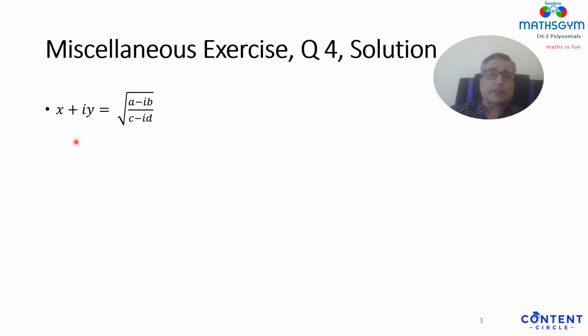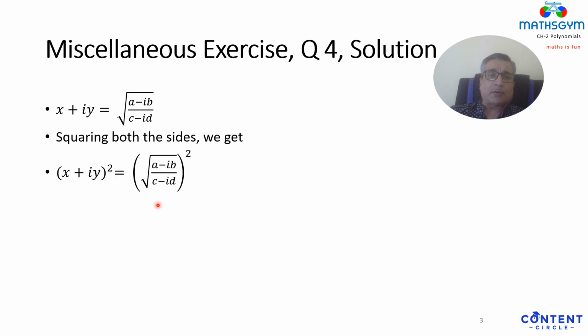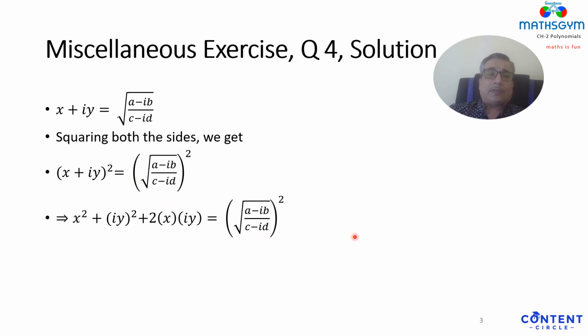So we are given that x plus iy is equal to the square root of (a minus ib) upon (c minus id). Squaring both the sides, what do we get? We get (x plus iy) whole square is equal to the square root of (a minus ib) upon (c minus id) whole square. And when we do an expansion on the left hand side,